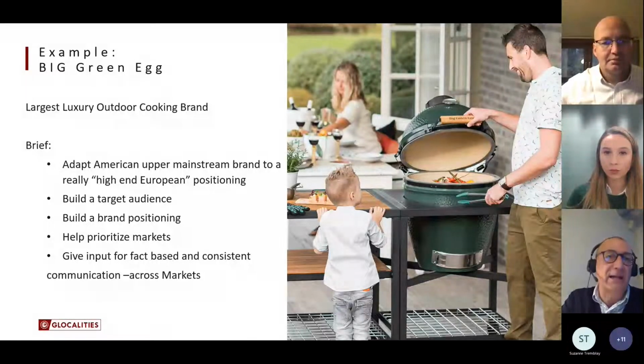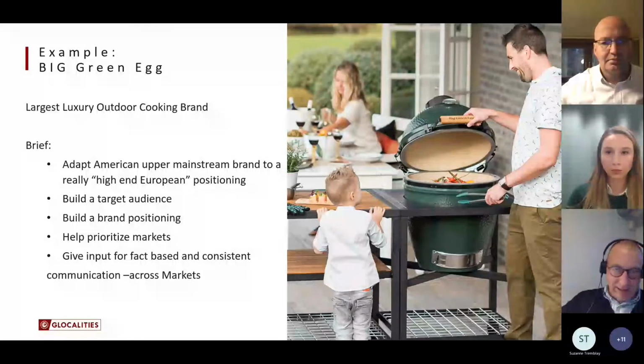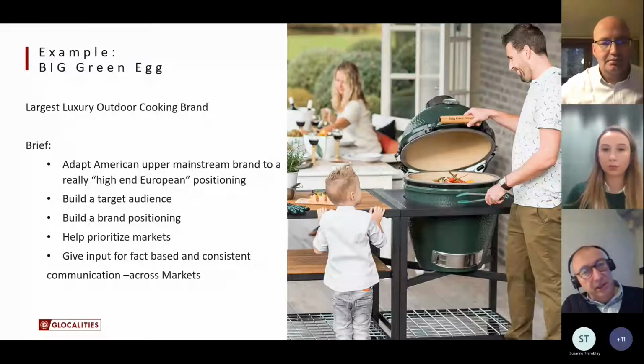If you see in the United States, the Big Green Egg is one of the middle-class barbecue apparatus, and they came to us with a very clear request. They want to come over the ocean and open the market for them in Europe. But to be able to start it, the cost for bringing it to Europe, to market it in Europe, would